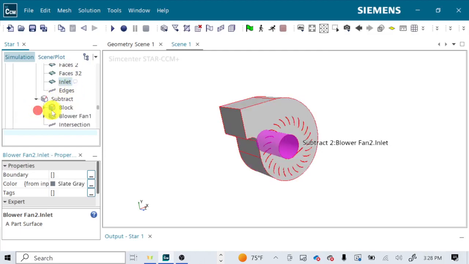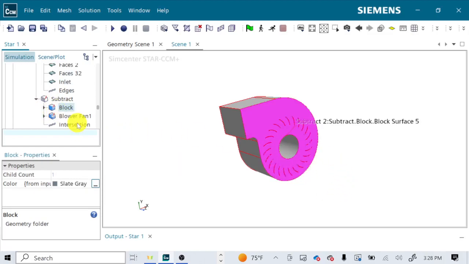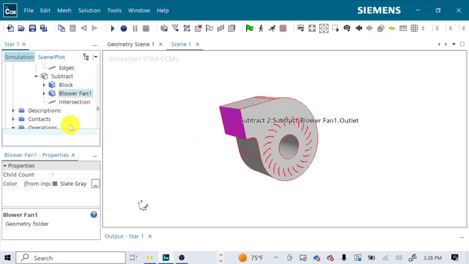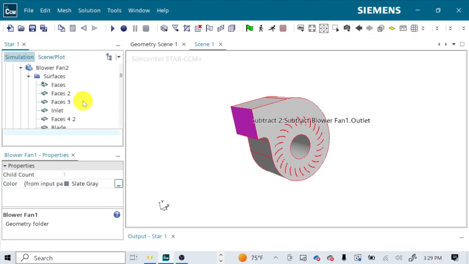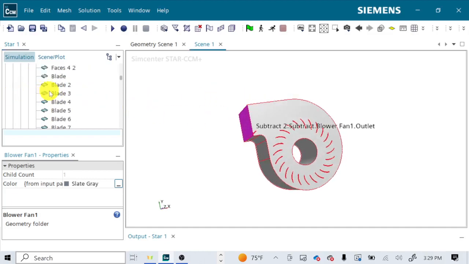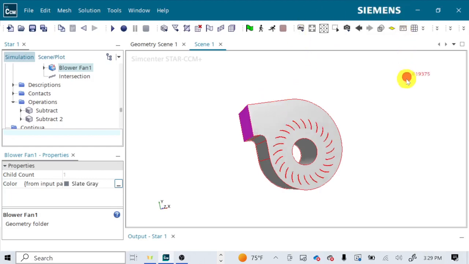And as part of our subtract, we have the face that is the block, and we have this leftover face, which is our outlet from blower fan 1. So we have an inlet, we have a whole bunch of fan blades, we have a couple walls, and we have an outlet. Yeah. So I think this is the first time where we've had an inlet and outlet on